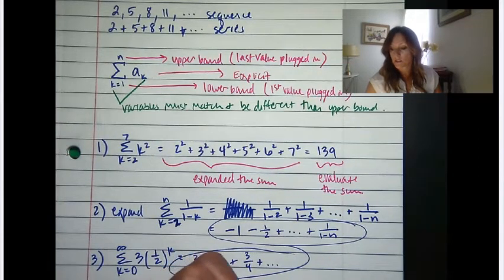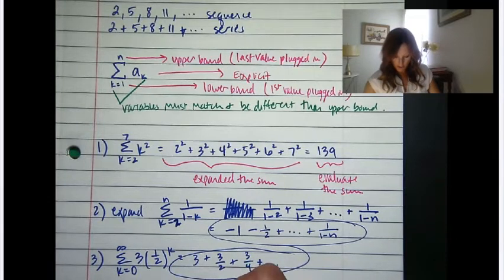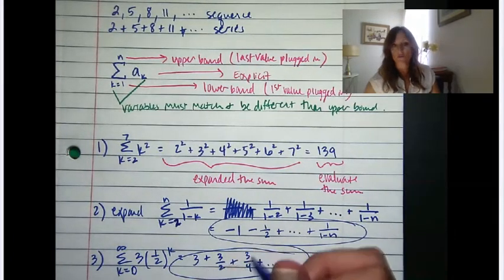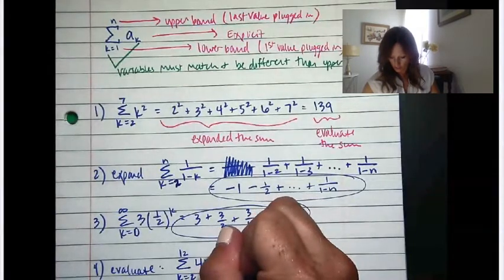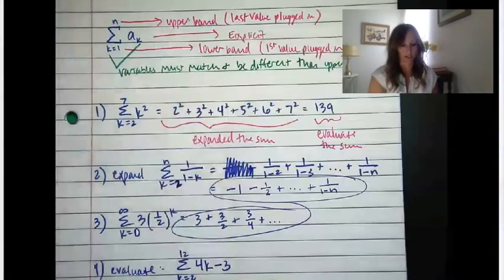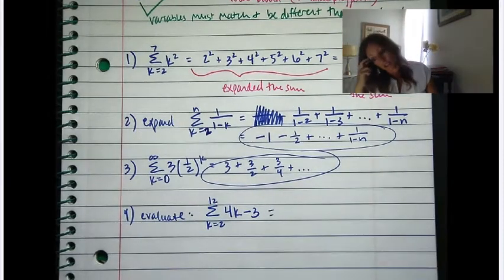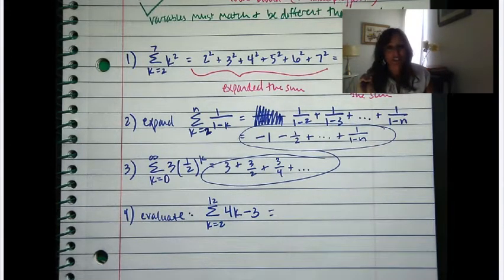Okay, I'm going to mix it up a little bit, and this time ask you to evaluate. And we're going to evaluate k equals 2 to 12. So the sum as k goes from 2 to 12 of 4k minus 3. Make sure you guys can see that. I can sit here and plug all of these in, and I don't really feel like it. I'm going to plug in 2, 3, 4, 5 and get all these numbers. And that's why I actually changed it to evaluate, because if you can just get it started and figure out where these values are going,